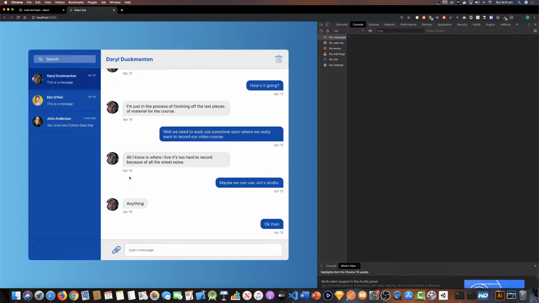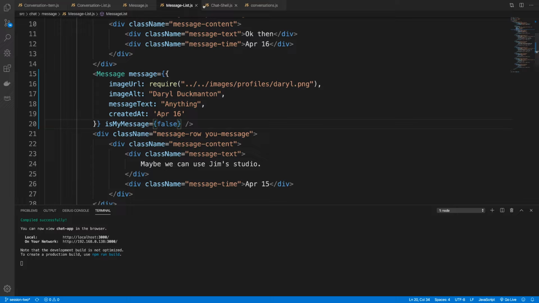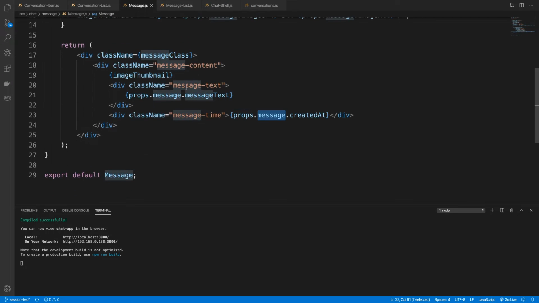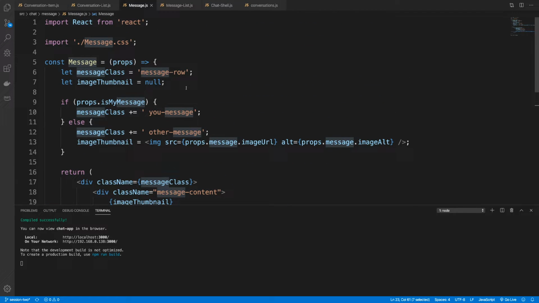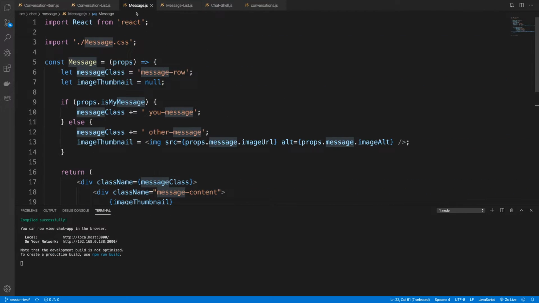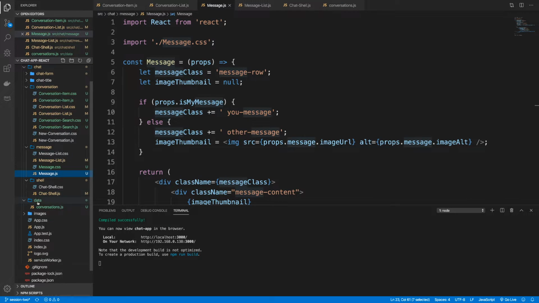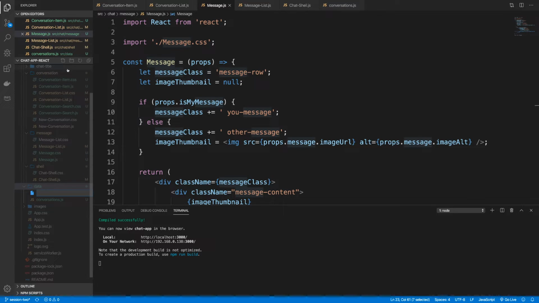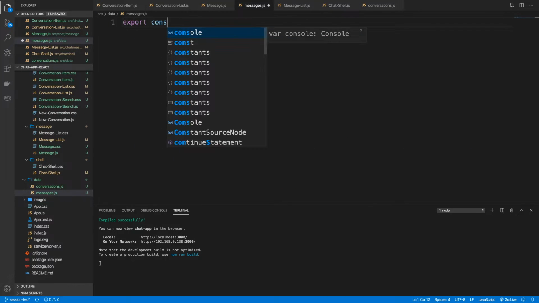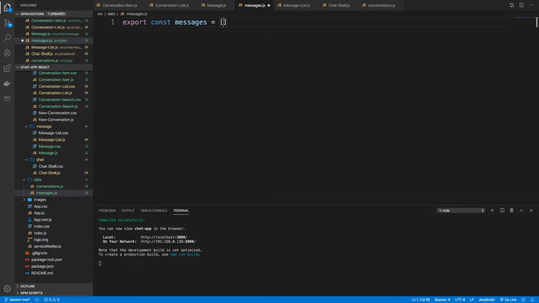Cool. So the component under the hood is working the way I want it to, this thing here, other than the fact I'm not doing null checks, but that's another problem that I'll deal with a little bit later. So the next step is what? Probably to pass it through, just like I did with conversations. So I'm going to, once again, create another data.js file. This time I'll just call it messages.js. We'll go export const messages equals an array,